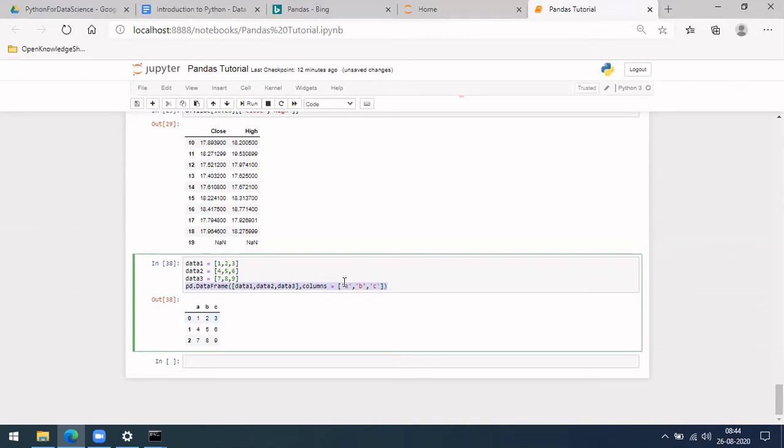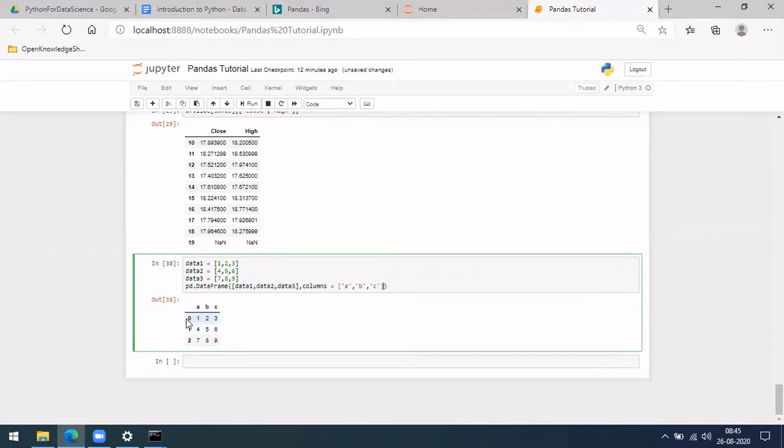You define the columns here, and those lists here: 1 2 3, 4 5 6, 7 8 9. Each will be one row. So this is one row, the second is one more row, and the third is one more row. This is your data, and you are mentioning what the columns are.